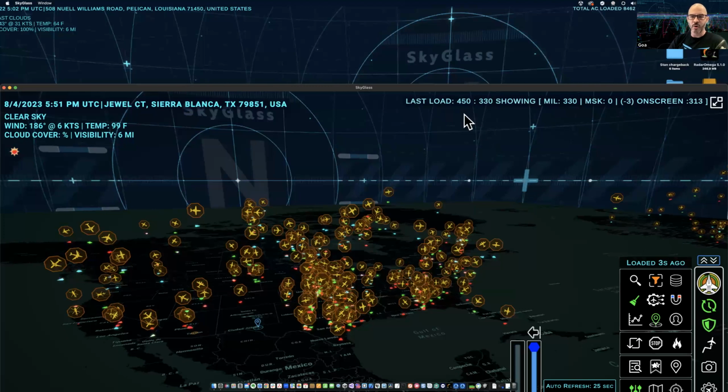We're in military mode, and so the first number shows how many aircraft have actually been rendered. The last load is how many aircraft were actually in the return that I asked for from ADSB Exchange. And then we've got a breakout of mil and masked. This negative number, we'll talk about a little bit later, shows how many